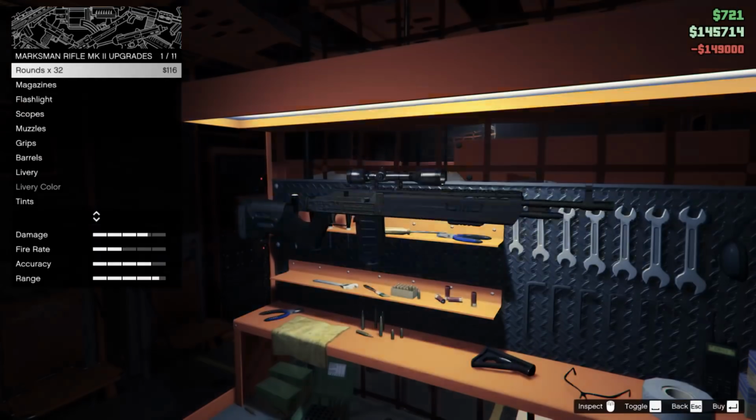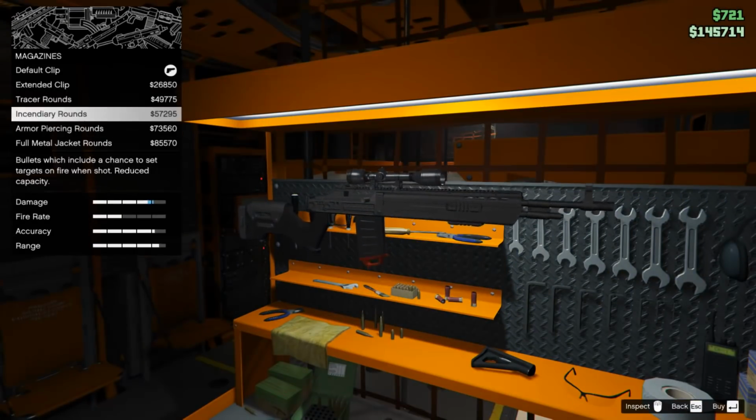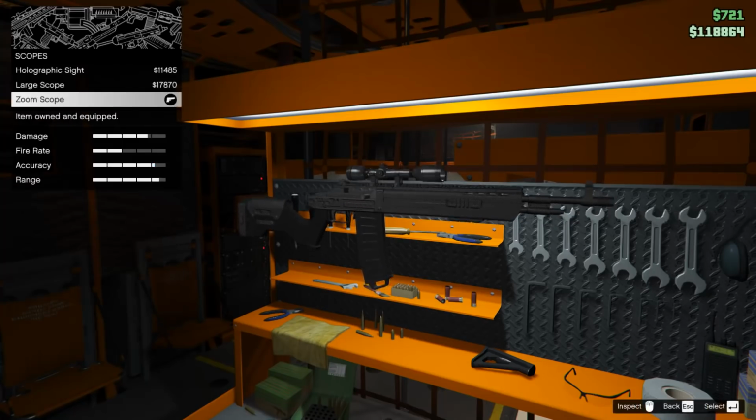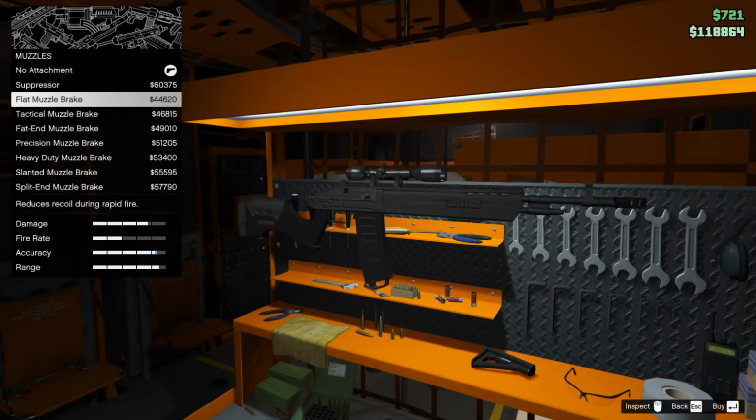All the guns in this video can be customized with attachments which affect the accuracy, the damage, as well as a few extra things like adding flashlights to them for use in the darkness. Anyway, starting with the SNS pistol,